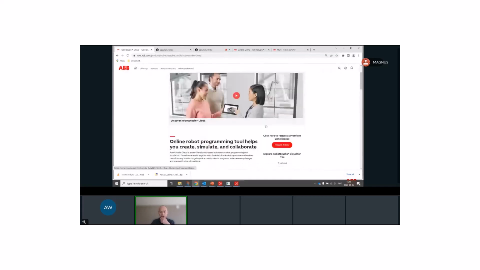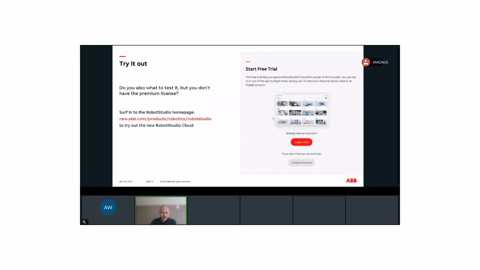So you just go in there and say, hey, let me try, and you have to sign in and try here. Okay, if you don't have an account, you have to create one. It takes 30 seconds, and then you test it and you're ready to go. And there is a sample station that you can try out there. So after the demo, try it out. Okay,